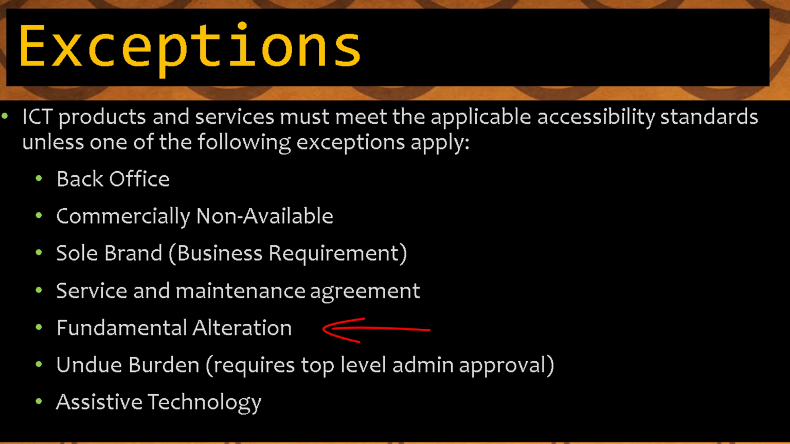The fundamental alteration would relate to changing the requirements of a course that would fundamentally change what was needed to do the course, so we don't do that. And of course, undue burden at a university is, in our case, would have to go all the way to the president of the UNC system. Another product that you don't have to look for accessibility information would be an assistive technology that is designed specifically to help people who are disabled. You don't have to make sure that software can work for all students since it's assigned